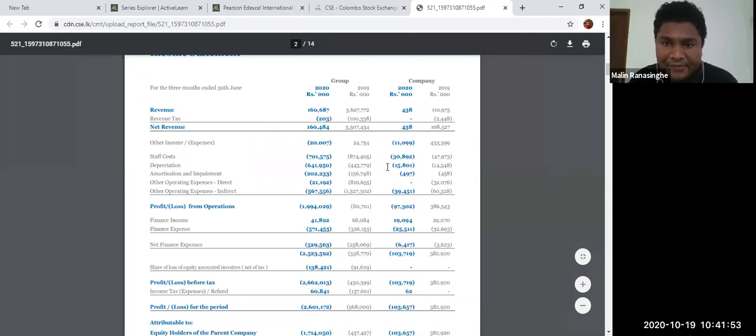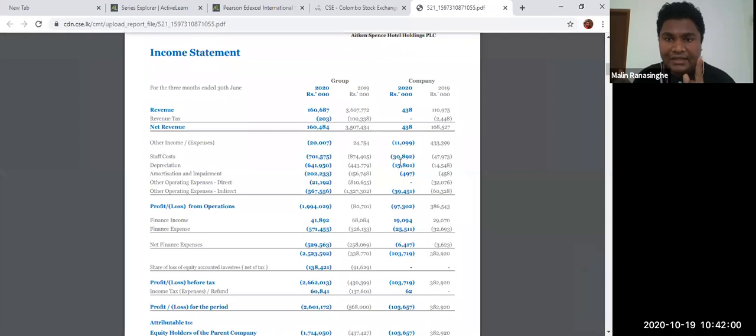Now look at the other expenses. Staff cost 30 million, right? Because you have to pay for chefs, you have to pay for the security, you have to pay for the other maintenance stuff, everything. Because you can't tell them to go suddenly. Because it's also a very good hotel, right? Look at the group price, 700 million. Don't forget about the group. Think about the company, right? Look at the staff cost, depreciation, everything. And finance cost, they have taken some loans, everything.